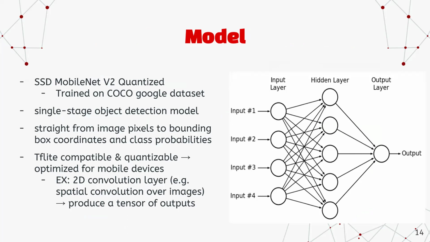So a little bit about the model. We use the SSD MobileNet V2 quantized version, which was originally trained on the COCO dataset and available via, I think they call it, the zoo of models, right? SSD is a single stage detection model, hence SSD. Single stage detectors go straight from pixels on the screen to bounding box coordinates and class probabilities, whereas two-stage detectors have a sparse dense